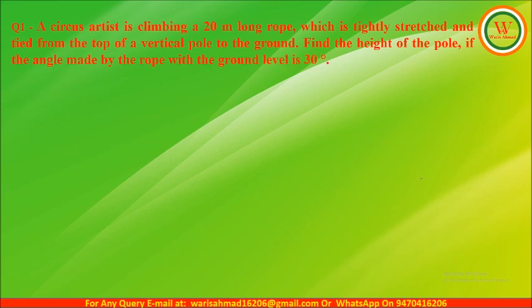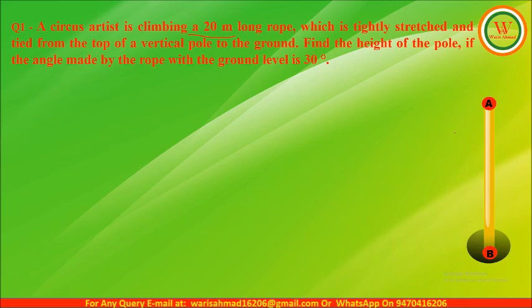So first of all, according to the question, we have to draw the figure. As given in the question, a circus artist is climbing a 20-meter long rope which is tightly stretched and tied from the top of a vertical pole to the ground. So there is a pole which is standing on the ground. So let us consider a pole AB which is standing on the ground. Now there is a rope whose length is 20 meter which is tied from the top of this pole to the